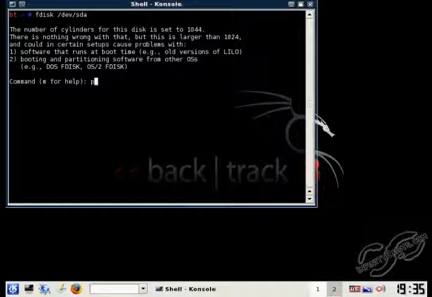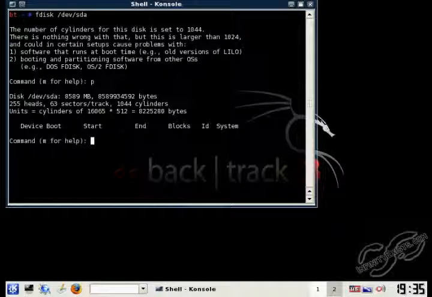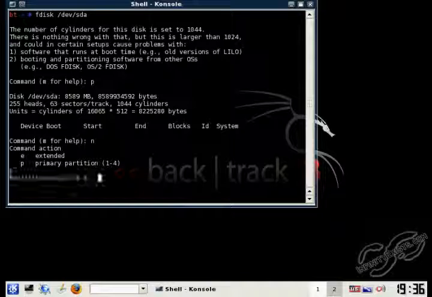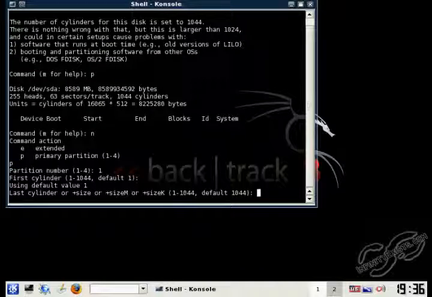Alright. You can use p to display the current partitions, and since there's nothing on this hard drive, no partitions show up. You need to type n to create a new partition. We're going to select a primary partition. The partition number is 1. Just push enter when it says first cylinder, and then for the last cylinder